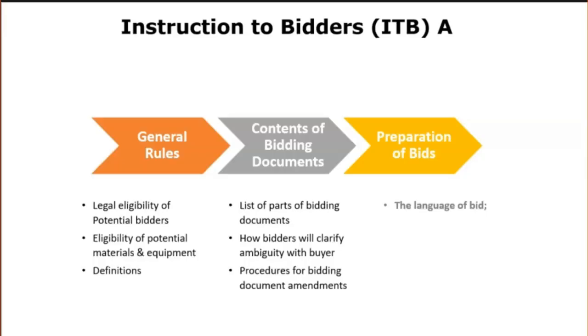It talks about the language in which the bid must be prepared and submitted. It talks about the list of documents that constitute the bid to be submitted by the bidder. You will also find information here relating to the letter of bid, that is the offer by the bidder, and its priced bills of quantities. You will also find information relating to the permissibility of alternative bids, that is alternative time for completion or technical solutions.